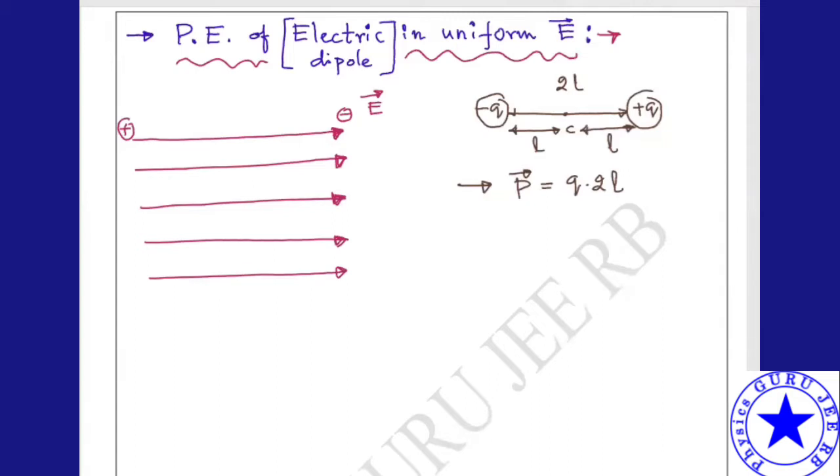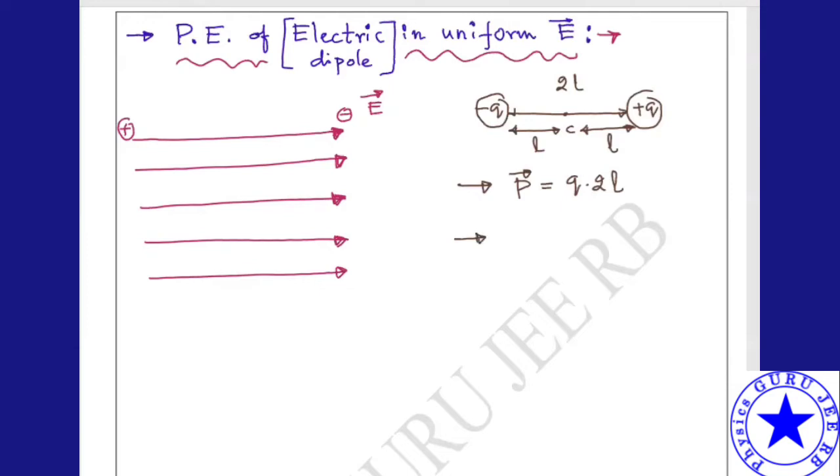Next thing is potential energy. We want potential energy now. In 11th class also we discussed potential energy. Actually there is no term called potential energy in itself; we call it potential energy difference. One point is taken as a reference point, considered to be zero, and then we get potential energy. So there is no definition for potential energy, only a definition for change in potential energy.